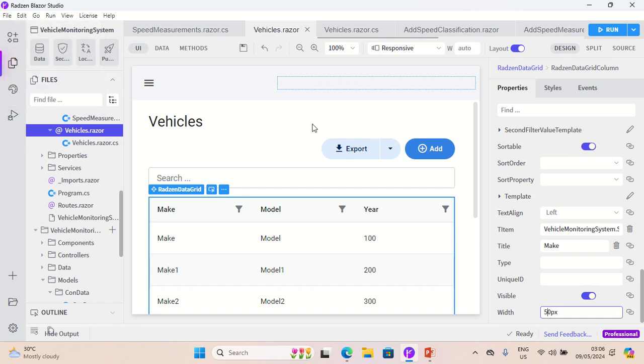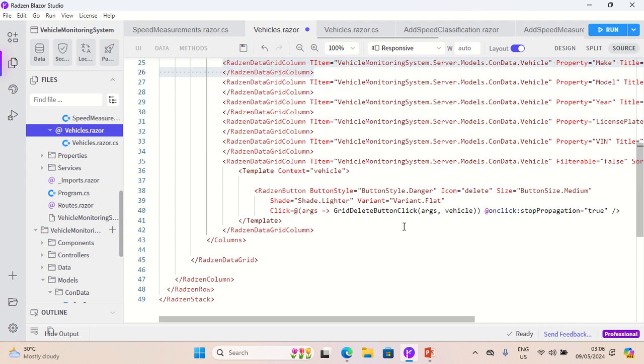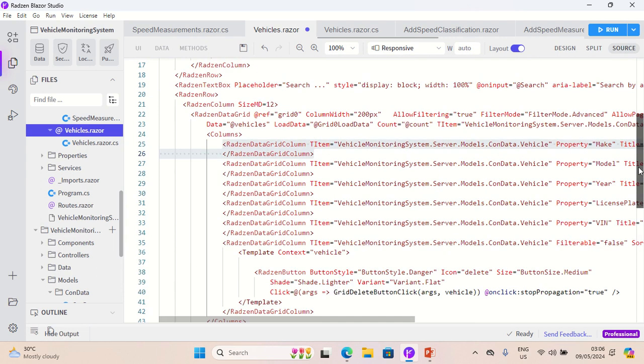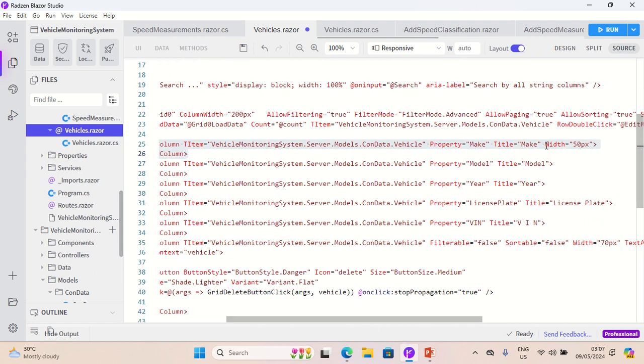Save all. I'm still going to head over to source. So that's width 50 pixels. I'm going to make